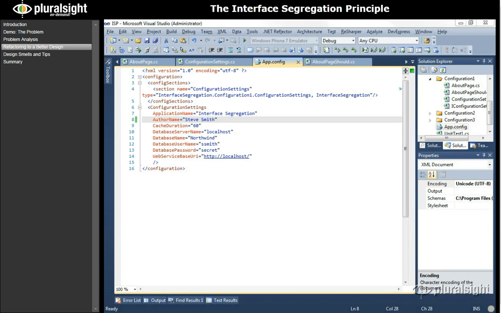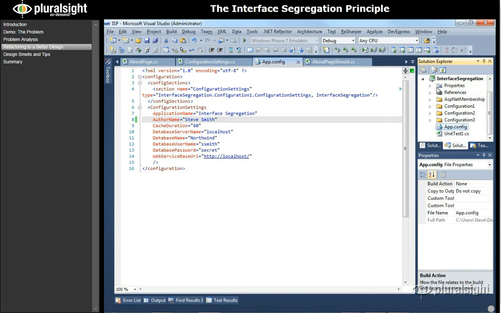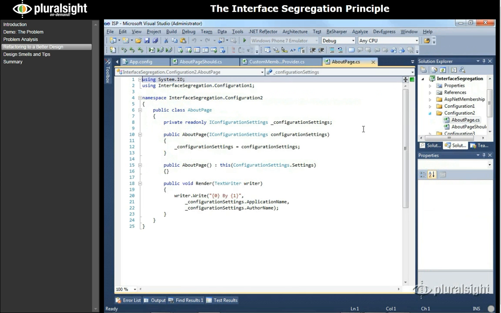The first thing we can do, if we go ahead and move into another folder here called configuration 2, is we'll extract out the dependency on this settings file into something that we can inject with our test. So what this would let us do is specify an interface called IConfigurationSettings, and then push in that interface through what's called dependency injection and the strategy pattern, which we'll learn about more in the dependency inversion principle talk. Otherwise, our class, if it doesn't have anything passed in, will default to using the ConfigurationSettings.Settings property that it